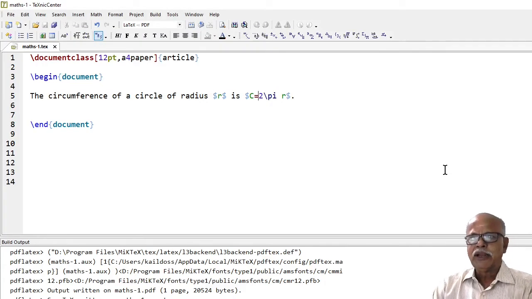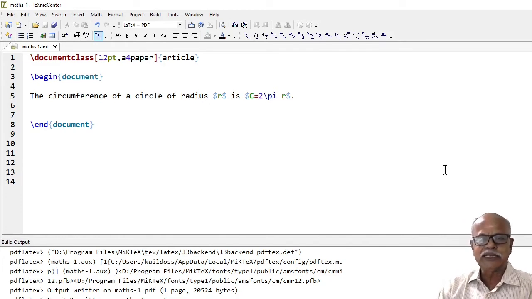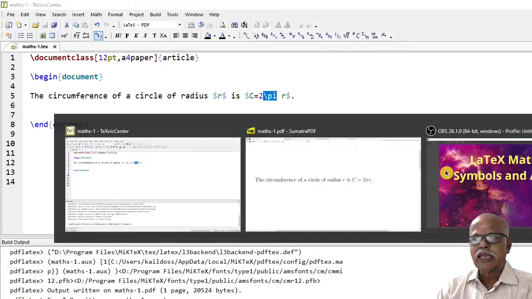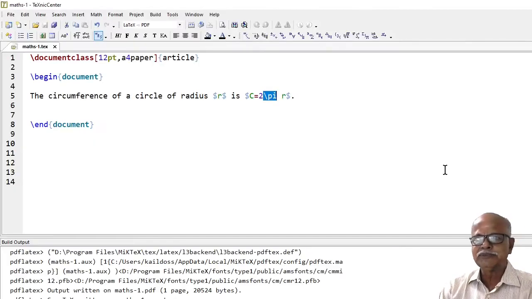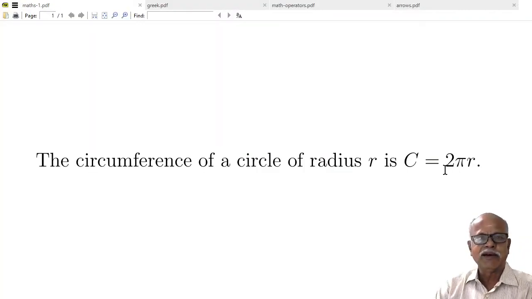Now, to type the Greek letter pi, all that we do is put a backslash as the first character before the word pi. That's all. Automatically, you will get the Greek letter. One word of caution is, remember to give a space after \pi. Otherwise, suppose you delete this space, what will happen is the command becomes \pir. There is no such command in LaTeX. Remember to give a space, then you will get it all right.